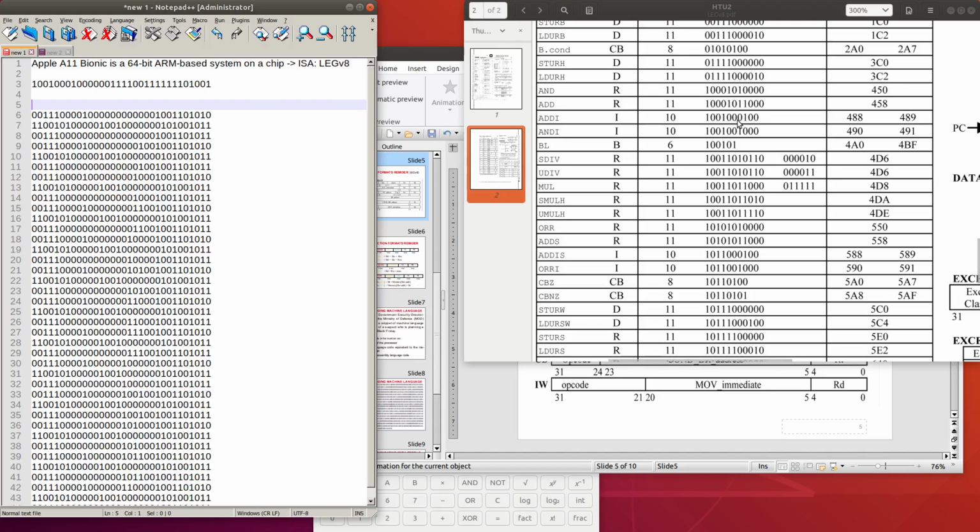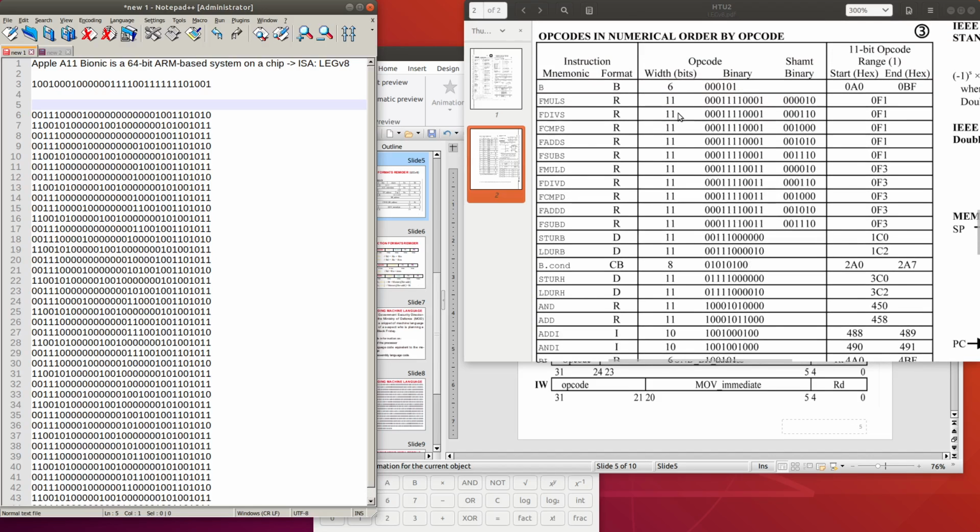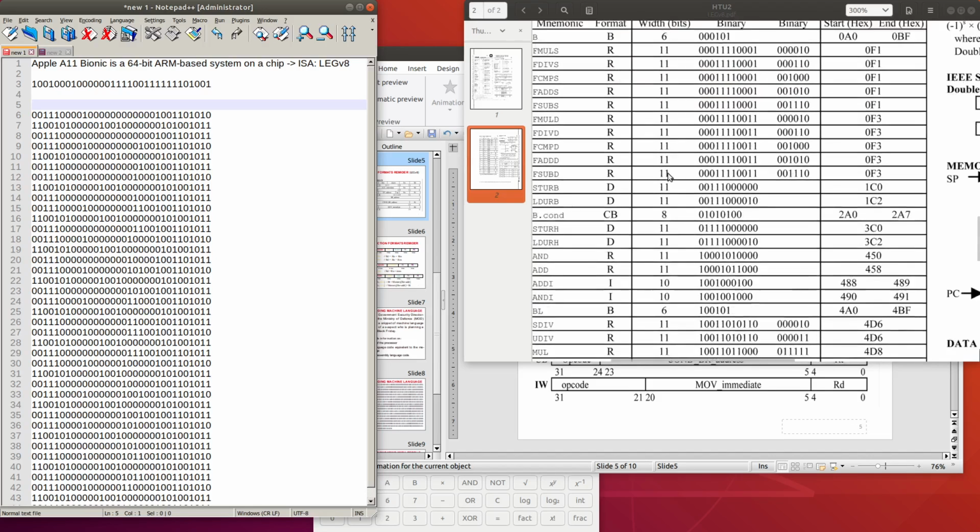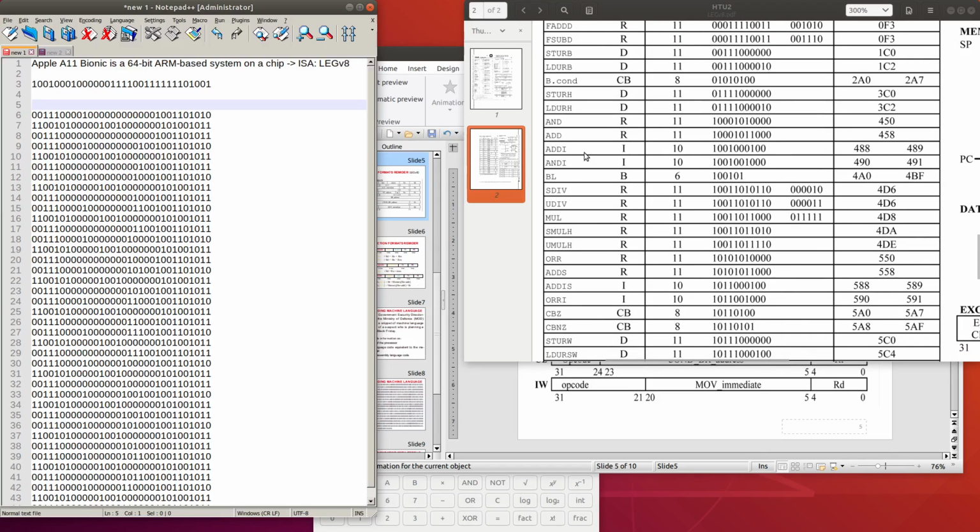So you can see it should be this instruction, and it is I format. The instruction is ADDI and it has 10 bits of opcode. So with this research, we can write here, this one is the ADDI instruction.